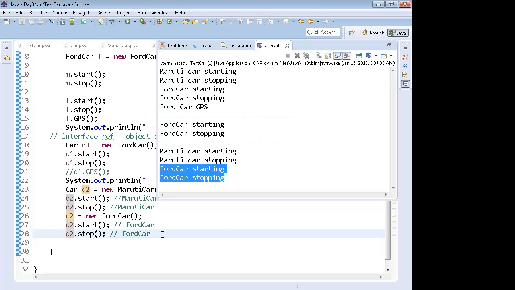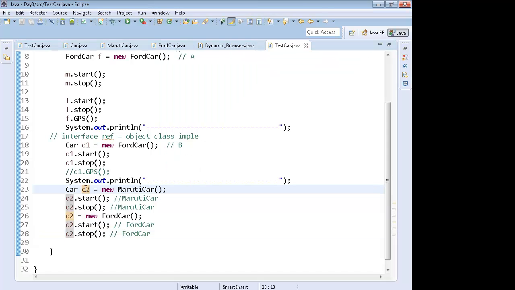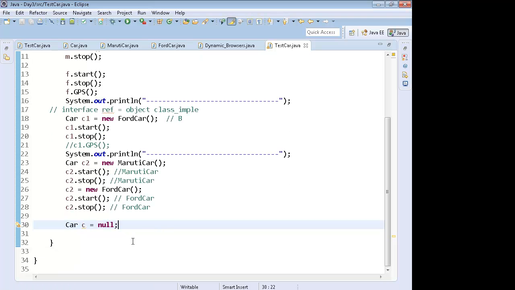No questions till now? So I can make C2 point towards either of the implementing classes. C2 is the reference of car interface. It can point towards any class which is implementing the car interface. I can declare like this, say Car C equals null. That means C is not pointing towards any object right now.